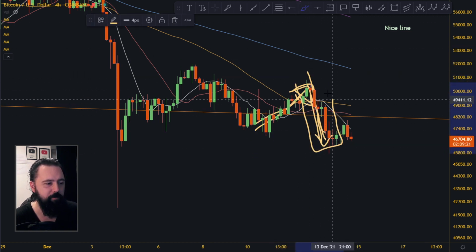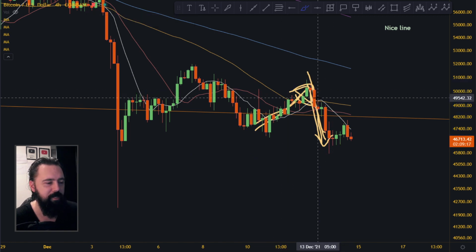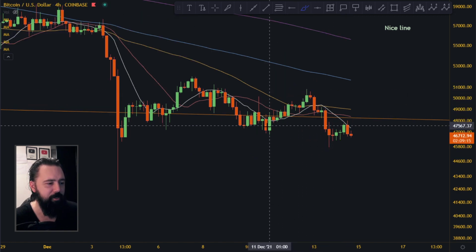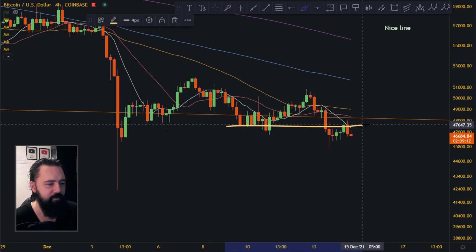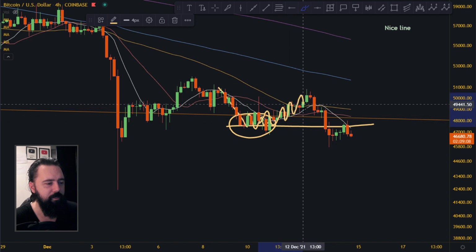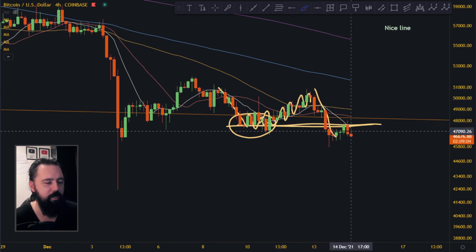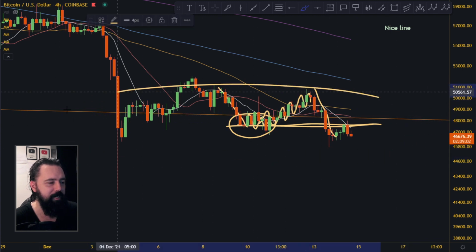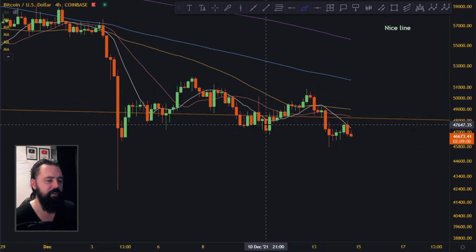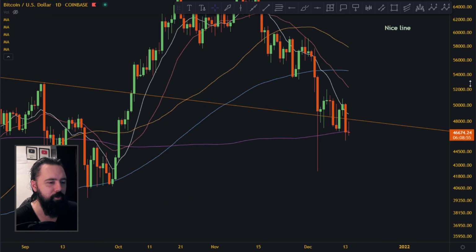So the dump seemed big. It got everybody scared, big fear, everybody starts selling and stuff like that. But the dump was not that severe, because over here we are already at these kind of levels. We are already up down here. We are already calling some kind of bottom down here. Then we went a little bit up, then we crashed down just below the support up here. So we are still below support down here, but I still think that this over here is some kind of local bottom. That's a very important thing to notice. I think this is a local bottom and not a bottom on everything.